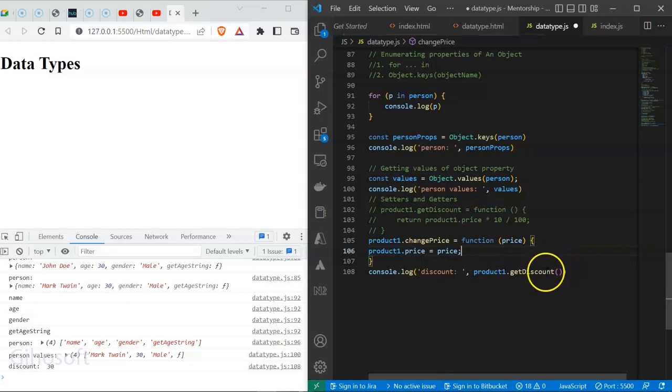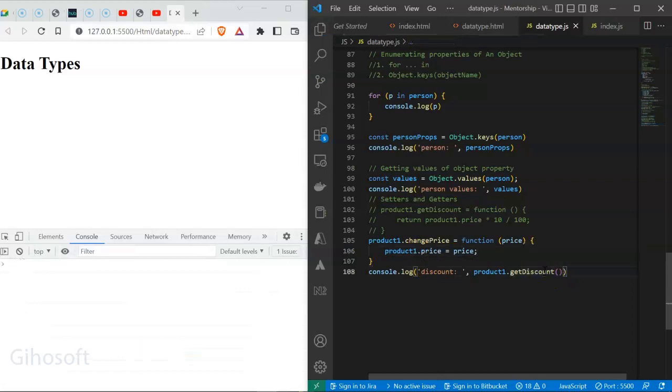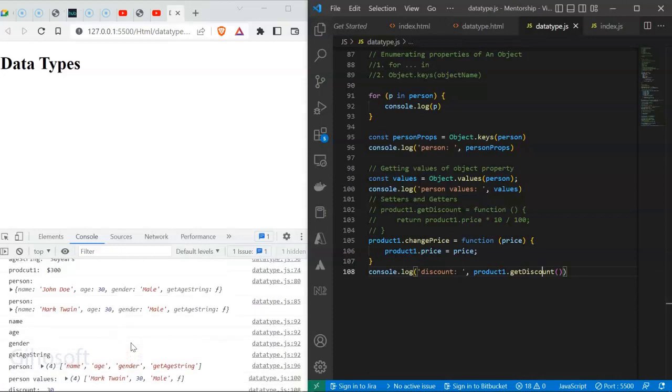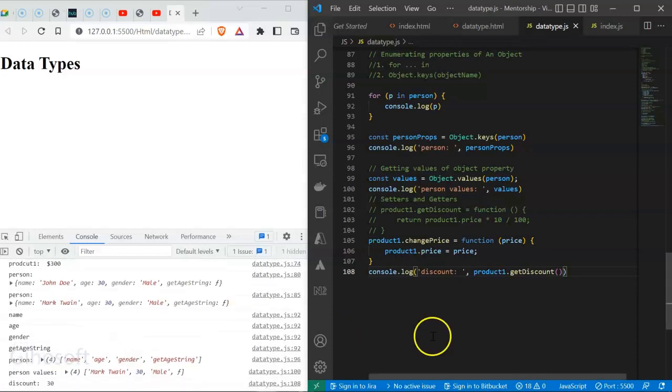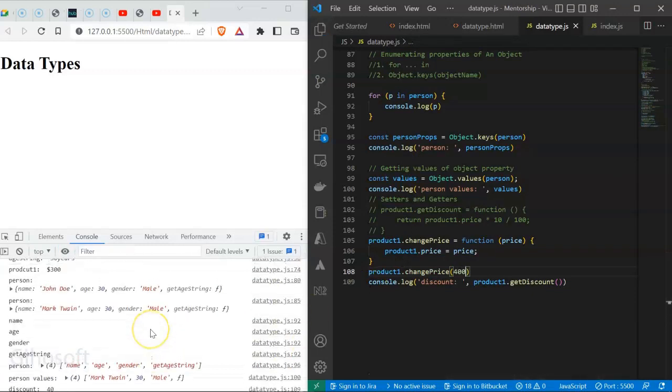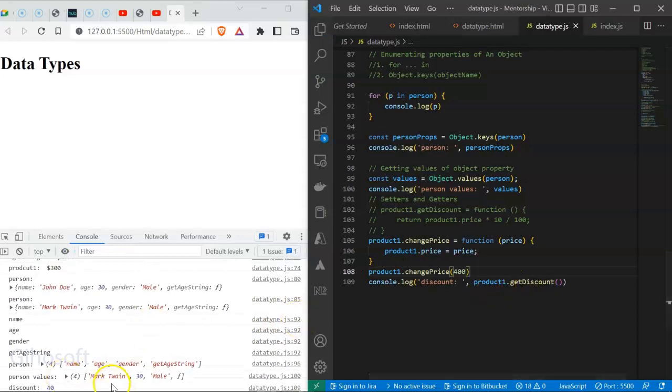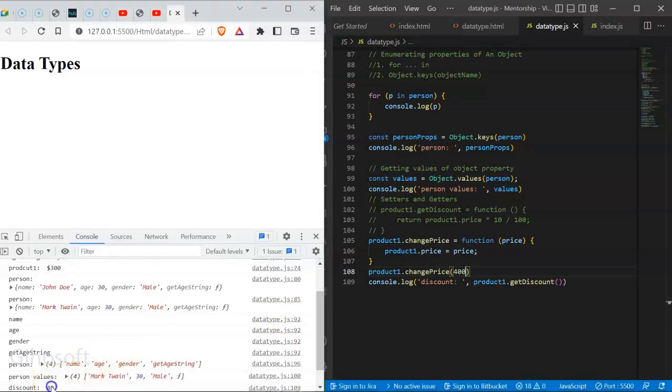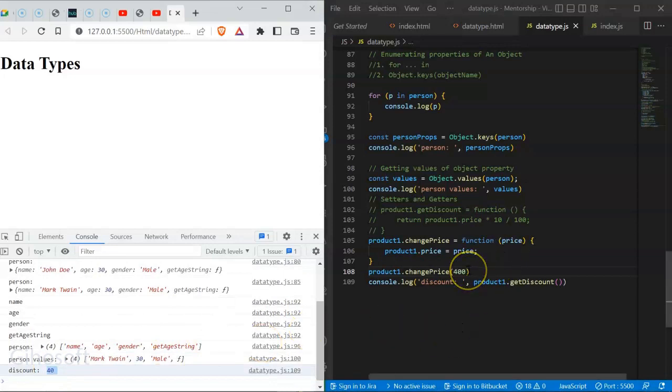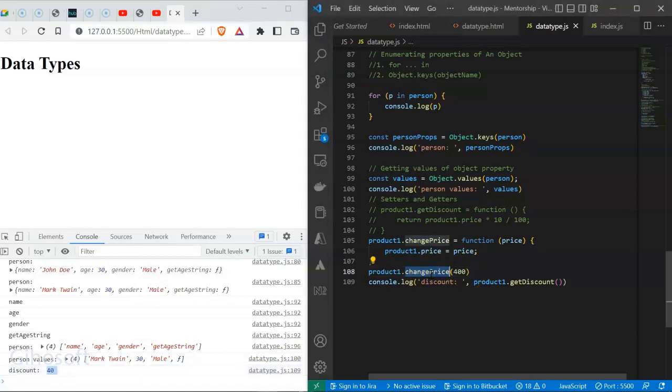Now, if we log here now, you see that our discount is going to be 40. Oh, sorry, I haven't called changePrice. So let's say product1.changePrice, and then I put 400. Our price is now 400. Then we'll save this and look at our console. Our new discount is now 40 and not 30. That is showing that our new price is now 400. And this is a setter, because we are using it to add or to change an existing property. We can equally use